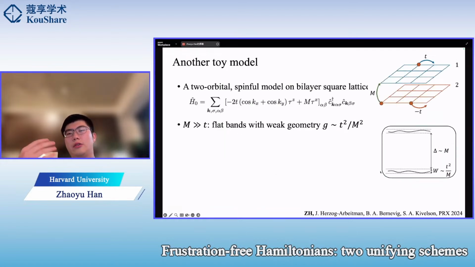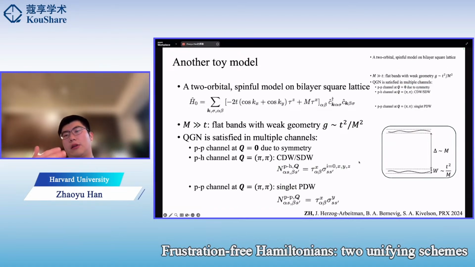And in 2D, we also cooked up a toy electronic structure which is a bilayer construction on a square lattice. And what is needed for the quantum geometry here is that the hopping elements on the two layers are of the same amplitude, but without these signs, and they are much weaker than the hybridization M between these two layers. And in this limit, there are two spin-degenerate flat bands with bandwidth t squared over M and a band gap M. And the quantum geometry in this model is very weak, but it supports a perfect quantum geometric nesting